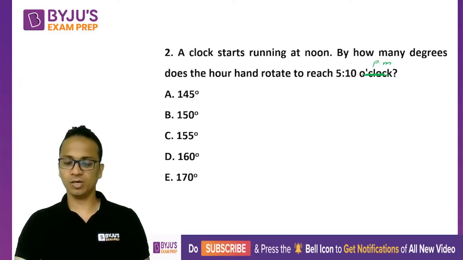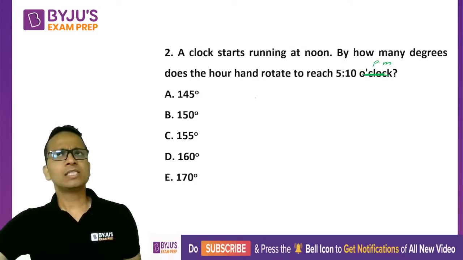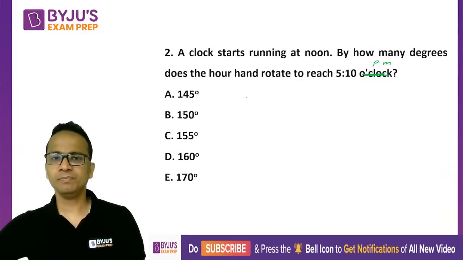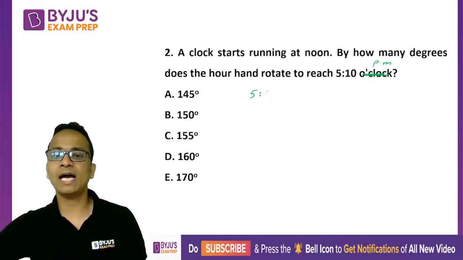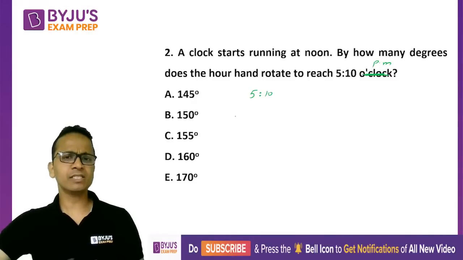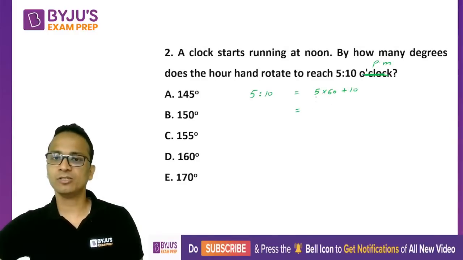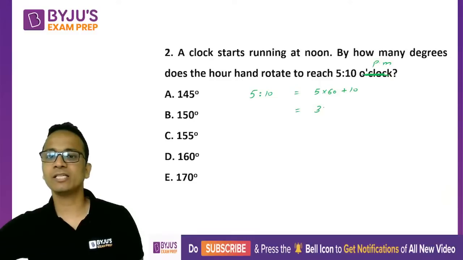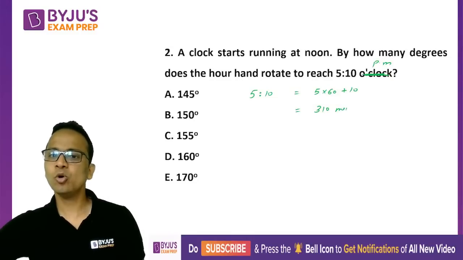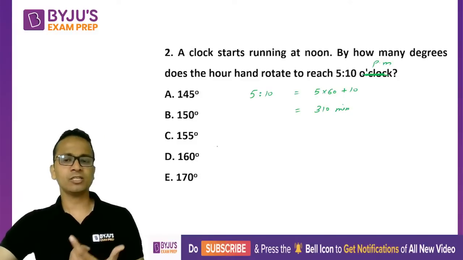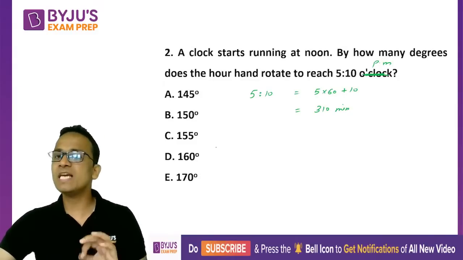Okay, so let's see. Starting 12 noon up till 5:10 PM, how many hours have elapsed? The time elapsed is 5 hours and 10 minutes. I'll convert this in terms of minutes. So 5 hours 10 minutes will be 5 into 60 plus 10, that is 300 plus 10, which is 310. So in 310 minutes, what will be the angle covered by